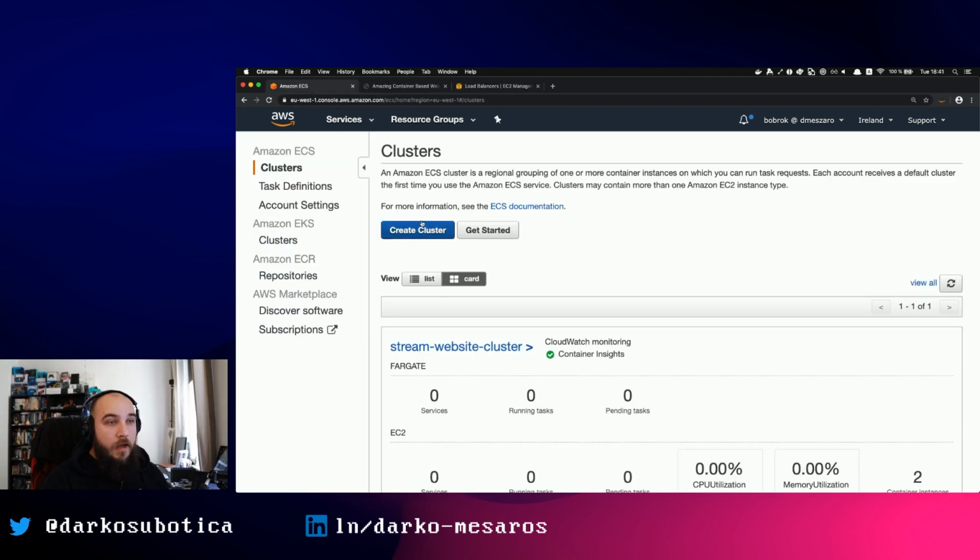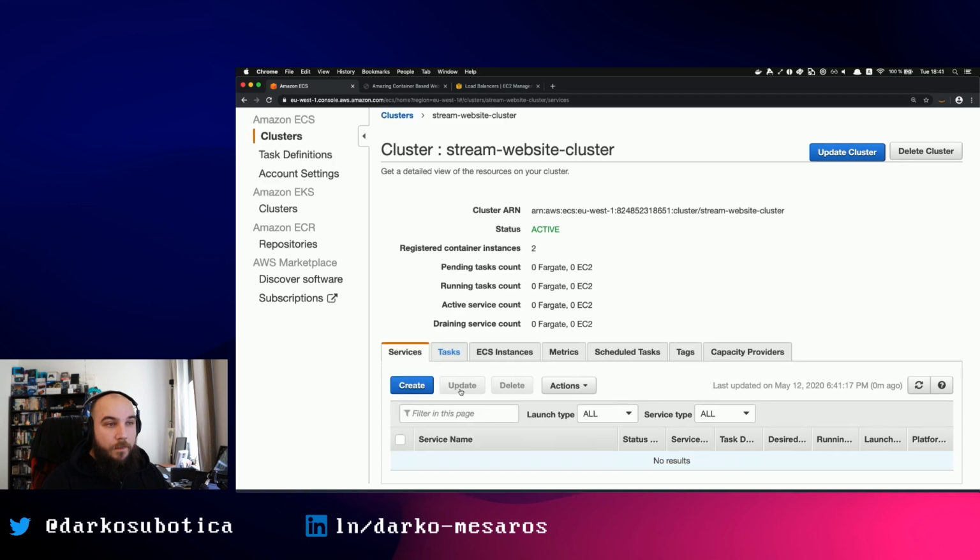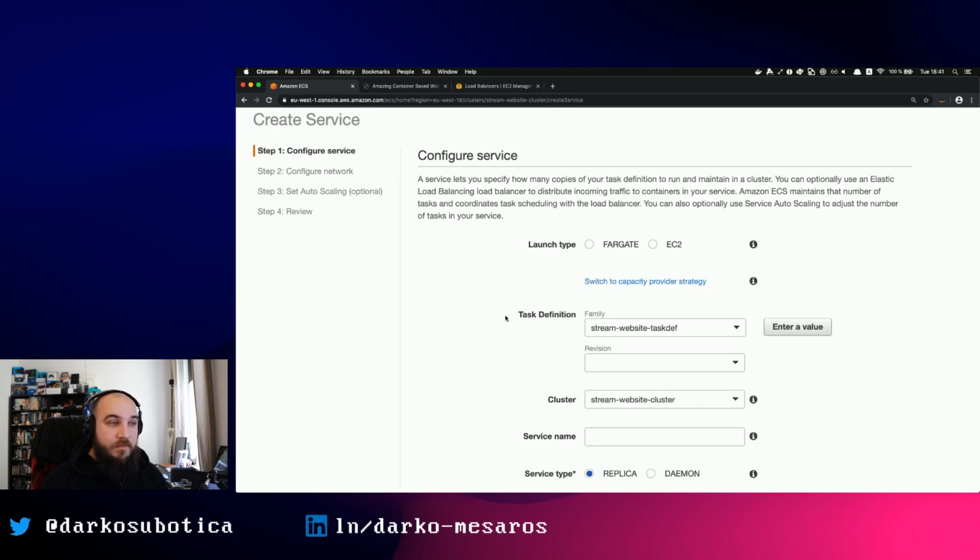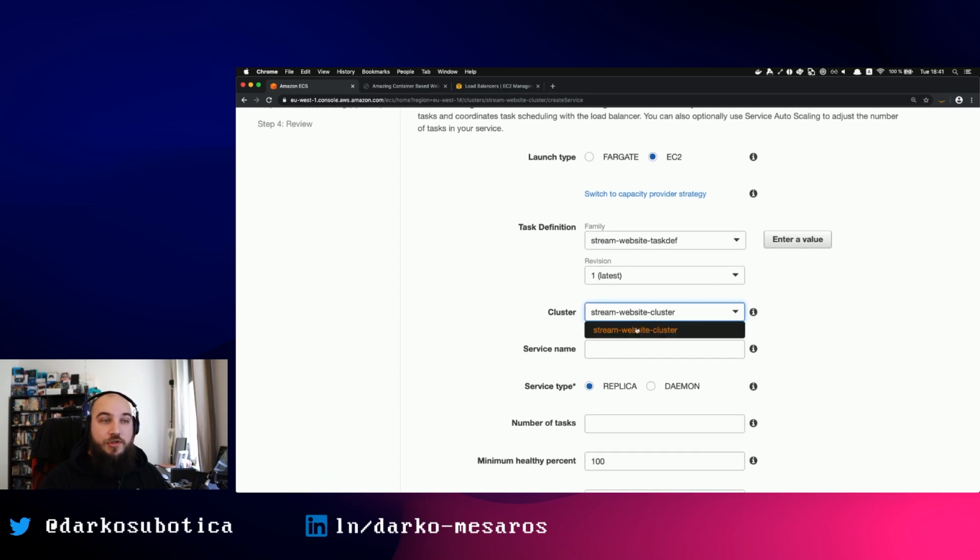ECS. Okay. I have my cluster here. Let's create a service. Click the create service button. I'm going to select EC2 as a service name. This is the only task definition we have here, so I'm going to choose that one. I'm going to use the latest revision, or revision number 1. It's going to be launched in the stream website cluster, and I'm going to call this service name stream